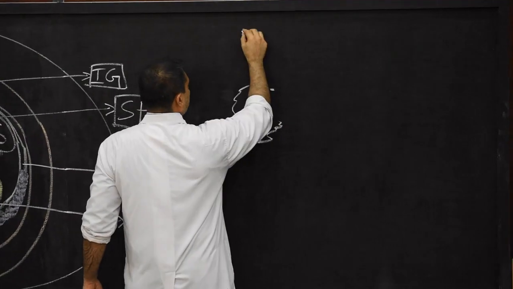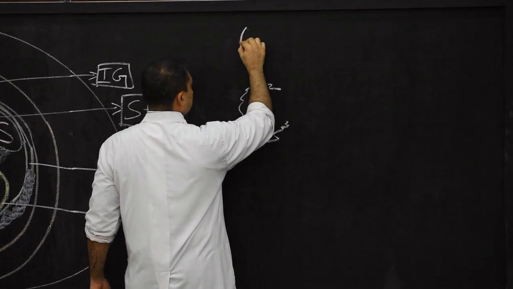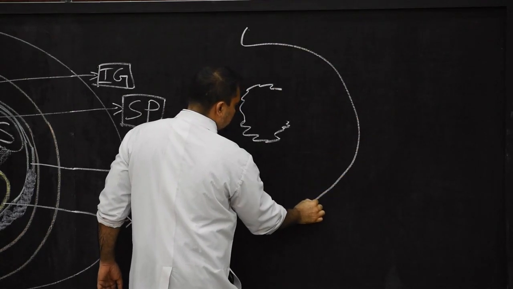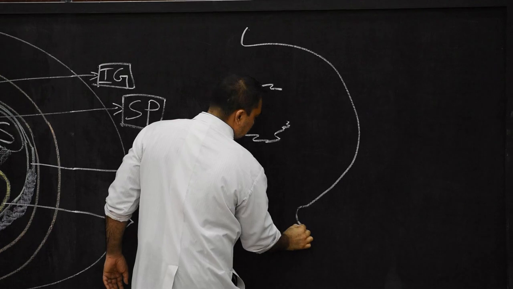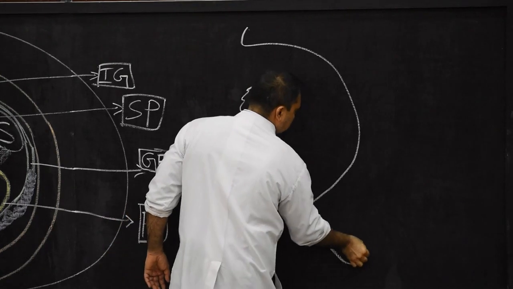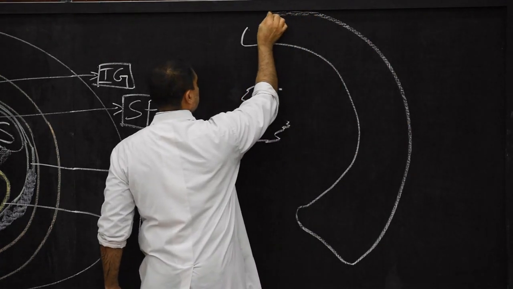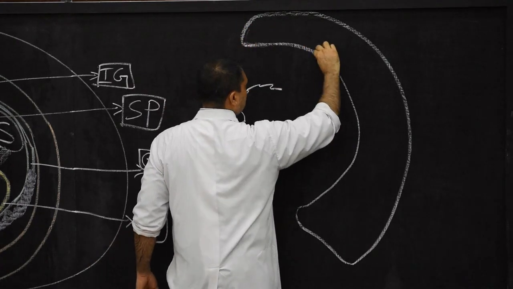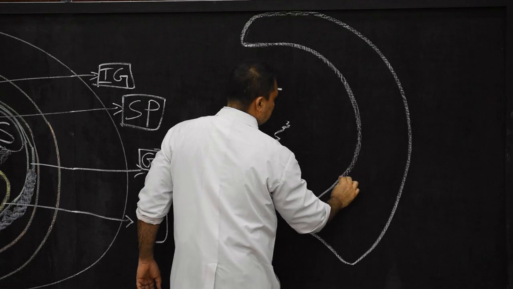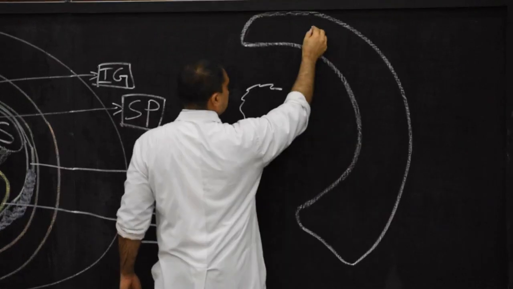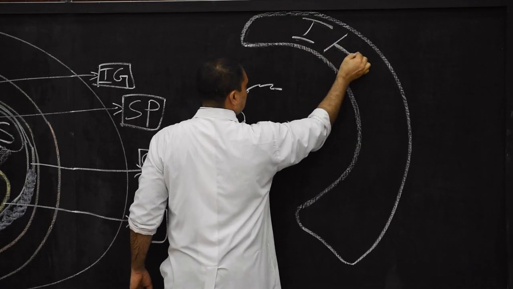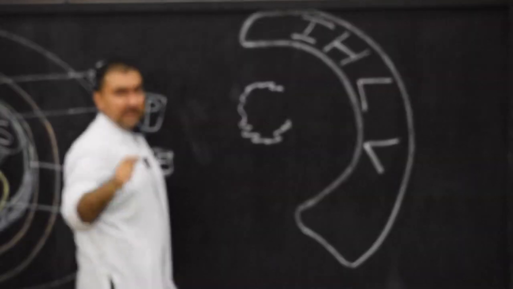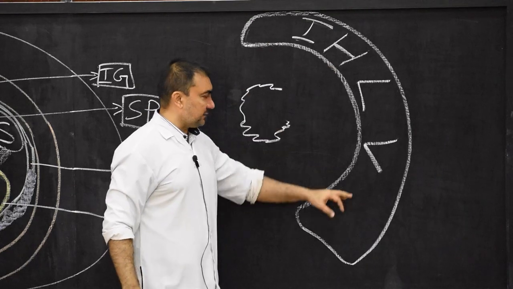Next, we will show that there will be this ventricular cavity. So here, first I will draw this ventricular cavity. Here I will complete this ventricular cavity. And what is this ventricular cavity? This ventricular cavity will be known as the inferior horn of lateral ventricle. Inferior horn of lateral ventricle, this cavity, very important.